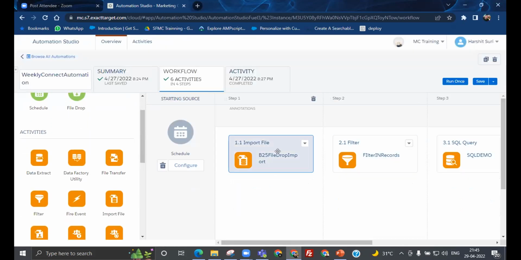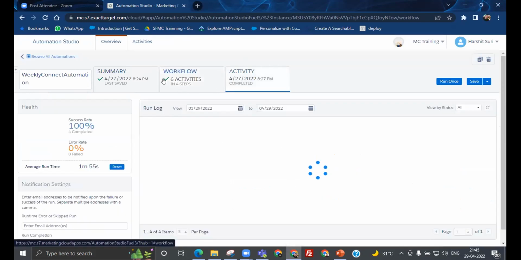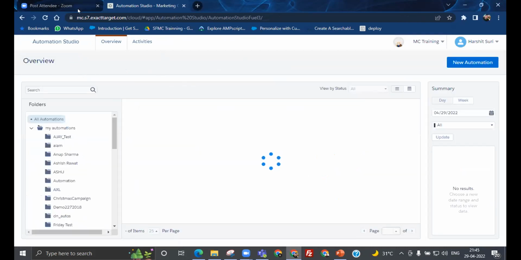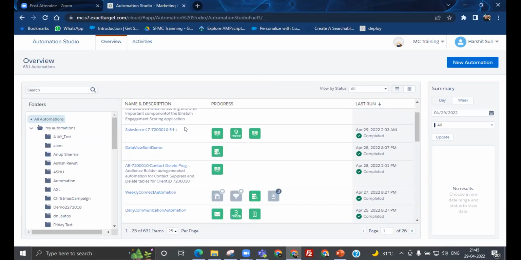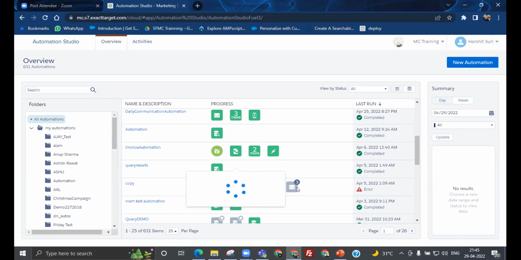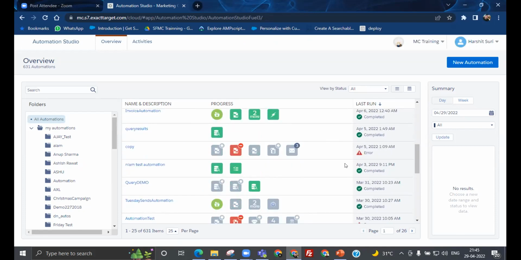The window in front of you is the Automation Studio. This type of automation, we can create workflows. We have already seen what is a workflow, how a workflow can be defined. Those workflows we will be using Automation Studio to create. It is an extract, transform, load platform with capabilities of ETL, segmentations, and every other details, every other capabilities you have to use in order to get the right segmented audience for your marketing communication. You will be using Automation Studio to define those workflows inside Marketing Cloud to achieve data-driven marketing automation.